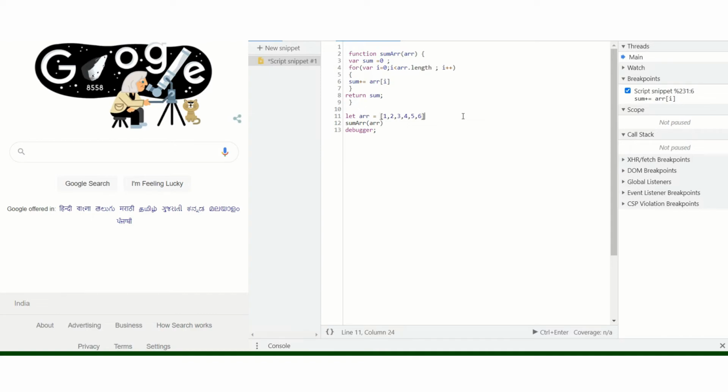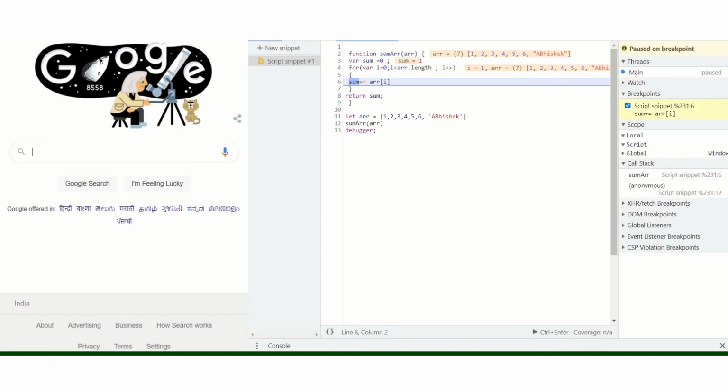As we said, JavaScript is a dynamically typed language. In the example we saw earlier, we were adding numbers. Now in an object, which is an array here, because everything in JavaScript is an object, the array contains numbers, but it can also contain a string, correct? So for this particular piece of code, to know what kind of data is coming in is impossible. Adding all the numbers of the array is a different task, and concatenating two strings is a different task. So if I do something like this, it will go on 6 times,